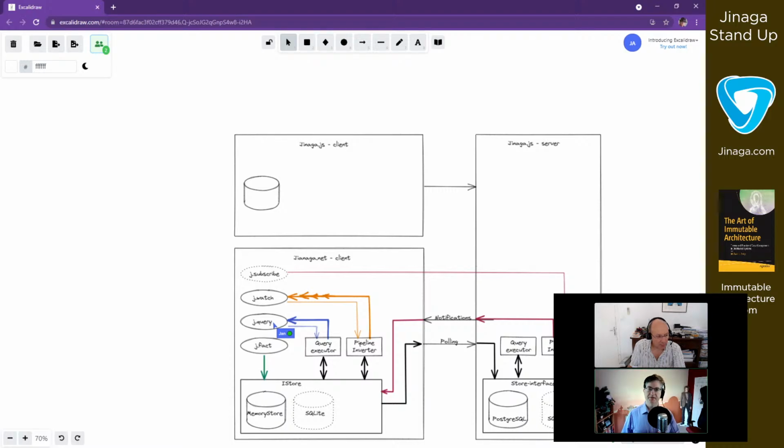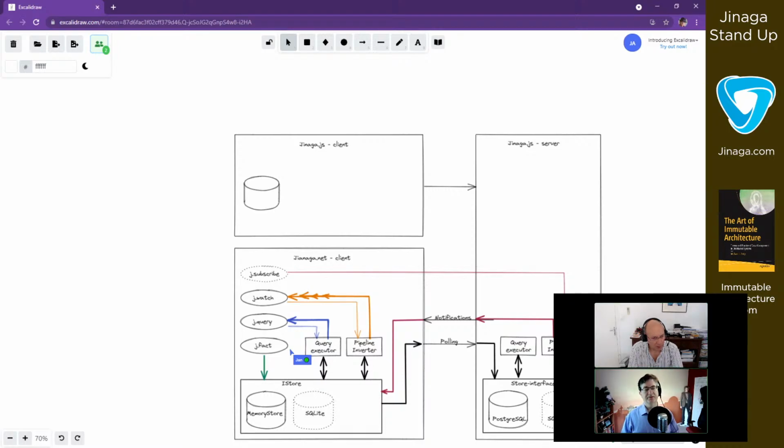The act of compiling that specification from an expression tree, and inverting that pipeline to create other pipelines, is all done outside of the iStore. So you've got the query executor and pipeline inverter outside of the iStore. Yep, that is correct.